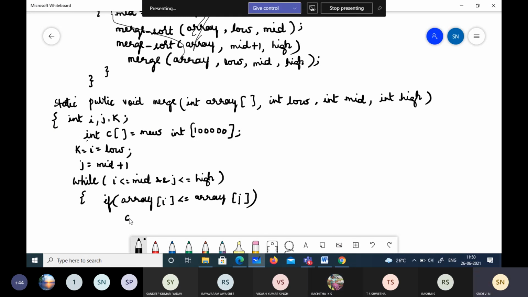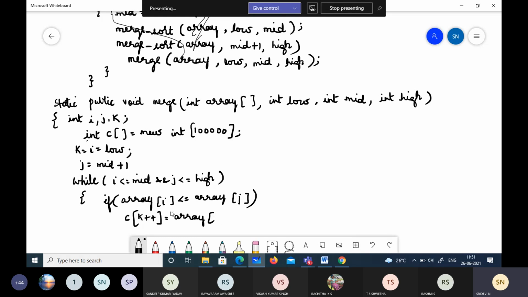The index I am using is k. So I have this one more k here with the low value, which means that k is pointing to the first element. So I will store at the first index. I just store that element and increment so that I can hold the next element. So C of k plus plus, I will put the element which is smaller according to this statement.